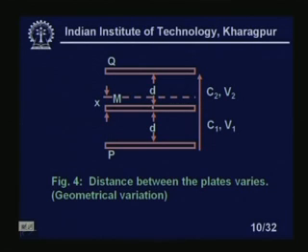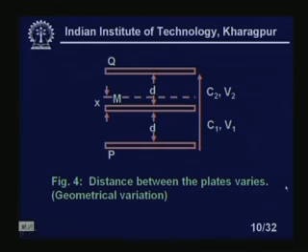You see, if you displace it, the capacitance between M and Q will increase and the capacitance between M and P will decrease. Again the same advantage I am getting: if I put them in the opposite arms of the Wheatstone bridge, I will get more unbalanced output, right. Here the distance between the plates varies, a geometrical variation, and again the same thing, that means I am getting differential output here, right.